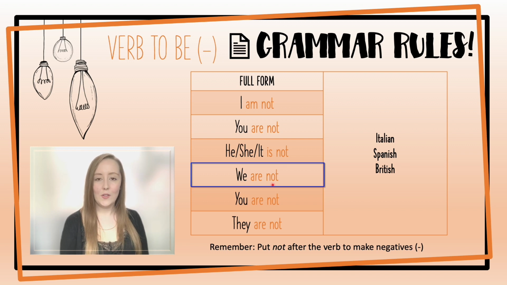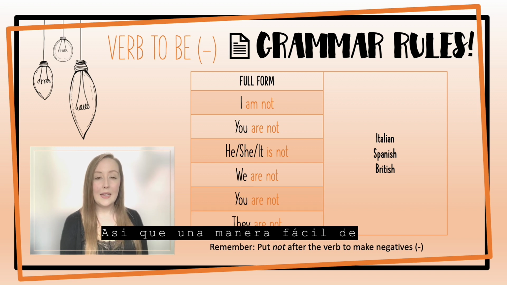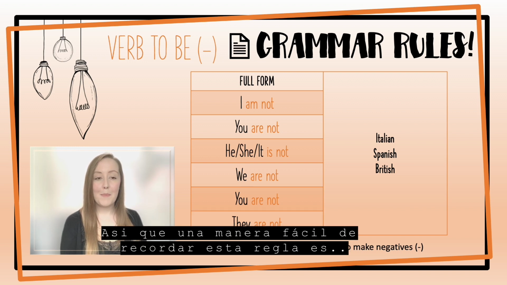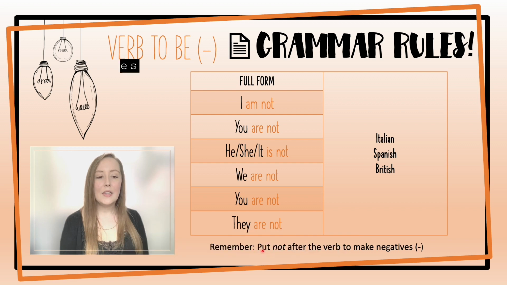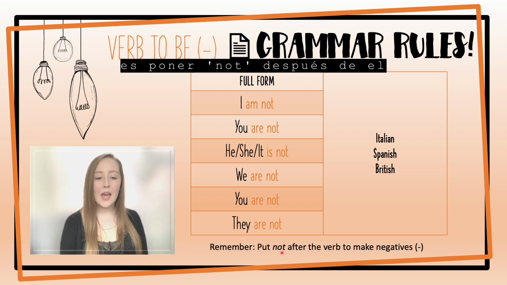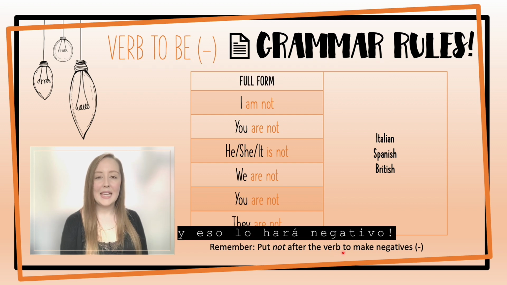We are not. You are not. They are not. So, an easy way to remember the rule is to put not after the verb, and that will make it